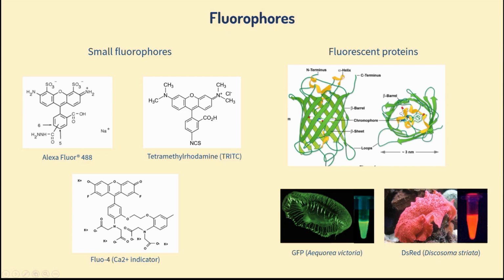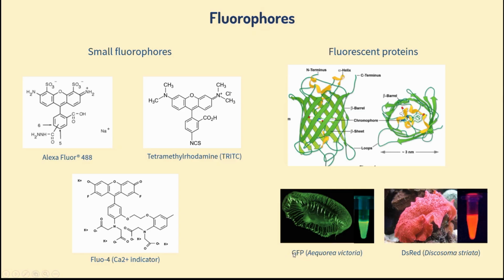So, for example, we can put them in a virus, and we can inject them whenever we want in the brain, or we can have a transgenic animal that will express, for example, green microglia or green astrocytes or red neurons or whatever. There are many fluorescent proteins, but the ones that we use normally come from the GFP, which is from the